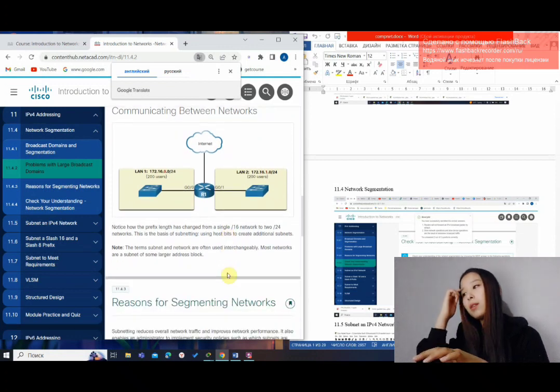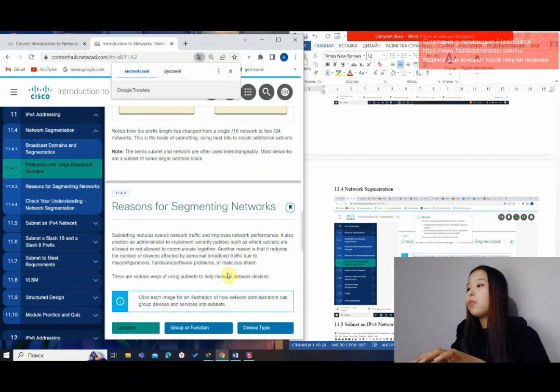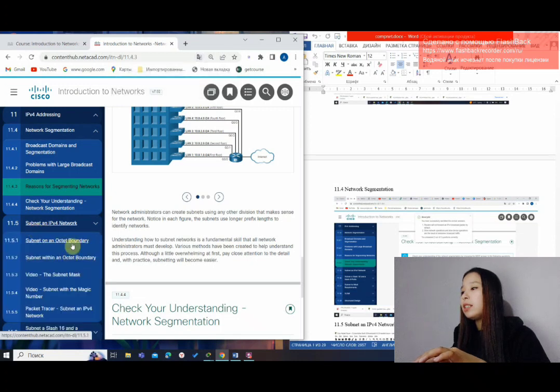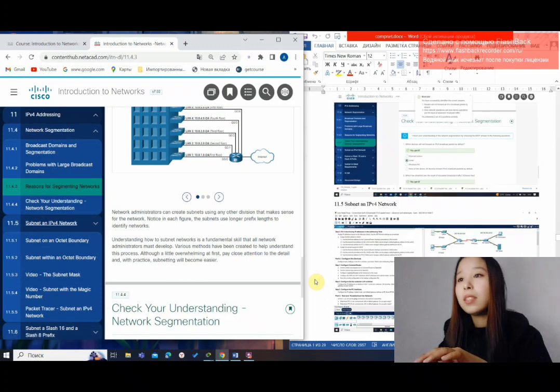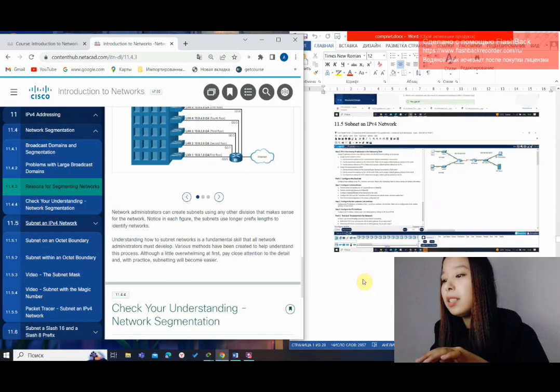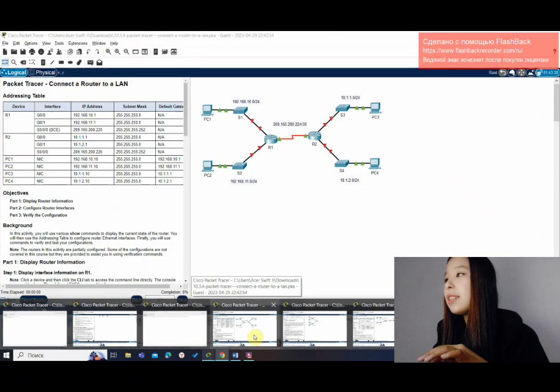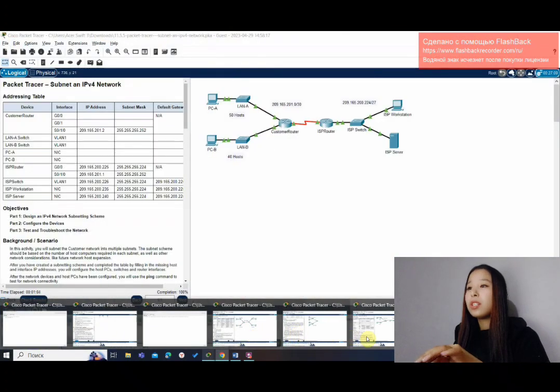So next one is about subnetting an IPv4 network. This module is about subnetting on an octet boundary and has a Packet Tracer, subnet an IPv4 network. So let me show the answers. I'll open the Packet Tracer. This is 11.5.5. So you can see that it is completed 400%,